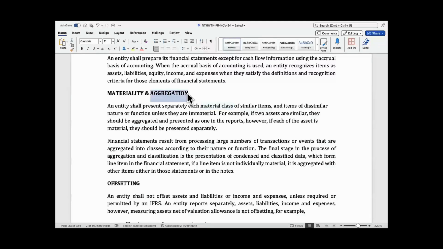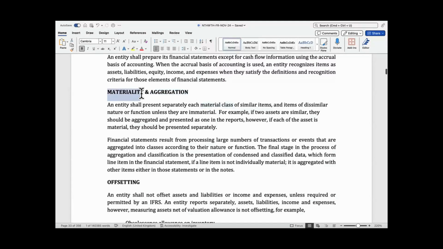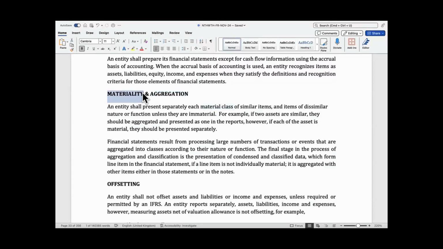You can aggregate those ones together, meaning you would present them as a single item. So materiality is saying that when you have a material class of similar items,